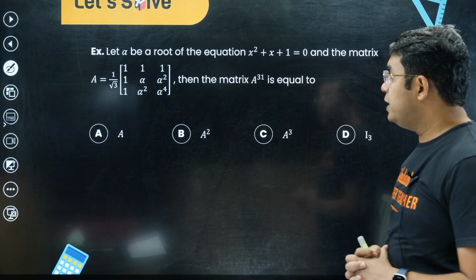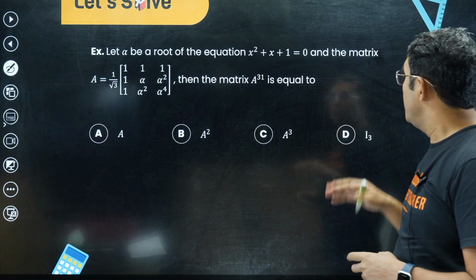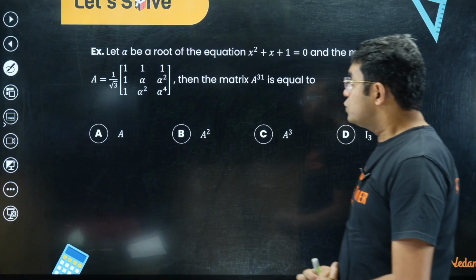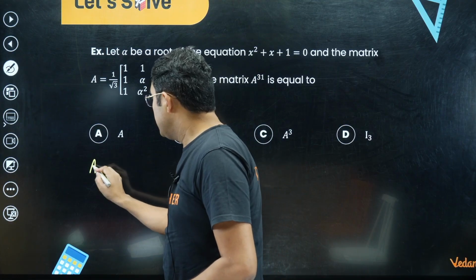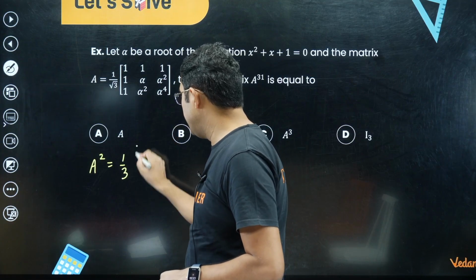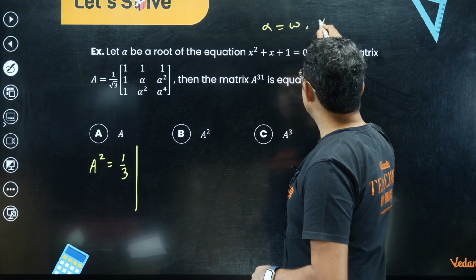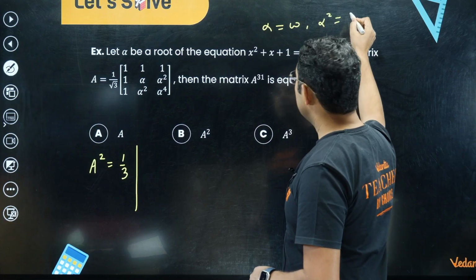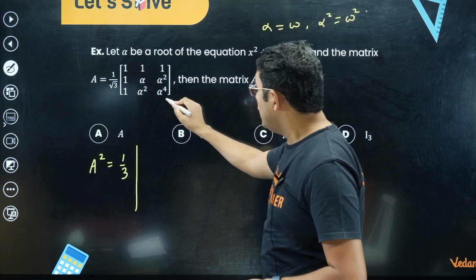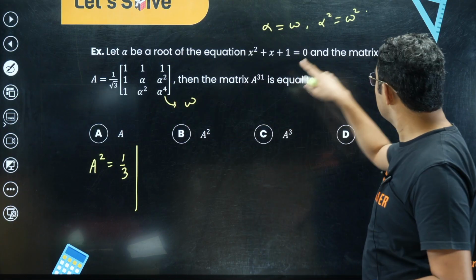Now coming to this question, let alpha be a root of the equation x square plus x plus 1 equal to 0 and matrix A, then we have to find the matrix A power 31. Okay. So dear students, in this case again I will say that you multiply A with A. So this A power 3 we will be getting, and alpha is actually cube root of unity, so omega, and alpha square is another cube root of unity, you can say omega square. Okay, in that case alpha power 4 will be I think omega,